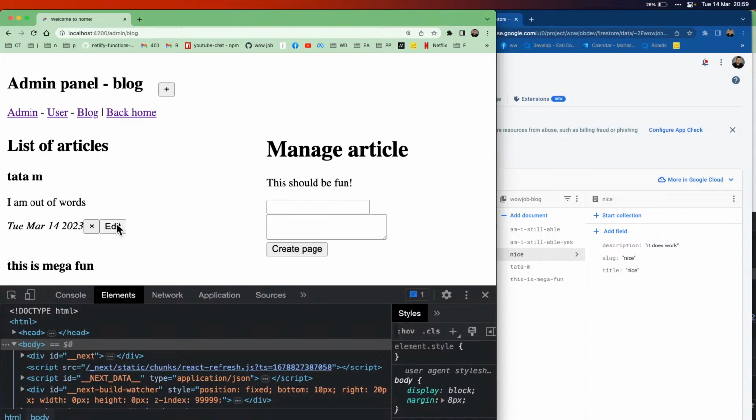Now, when I press on edit, this cancel. Why is it? Anyway, doesn't matter where it is. This should be pre-filled, right? And to be pre-filled, I need to figure out a lot of things. Firstly,